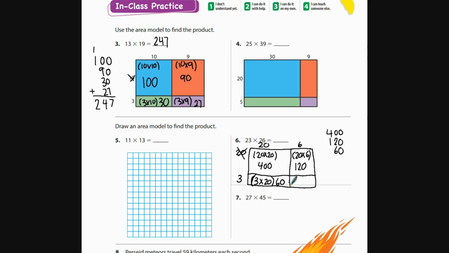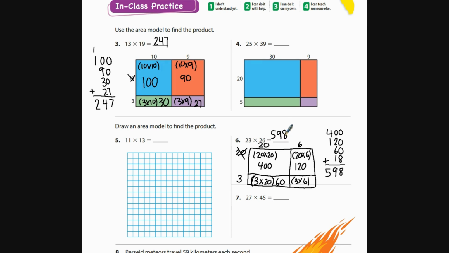And last but not least, go back to 3 times this number, 6. And I'm going to put, well, 3 times 6 is 18. Now all I have to do is add. The ones place is 8. The tens place is 6, 7, 8, 9. And 4 plus 1 is 5. So that means that 23 times 26 is